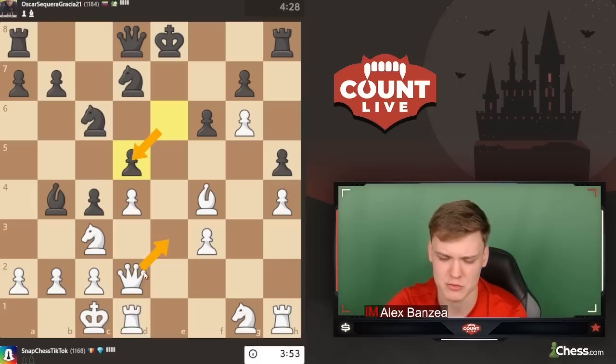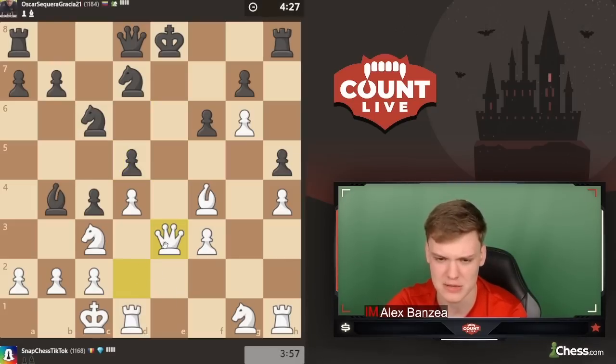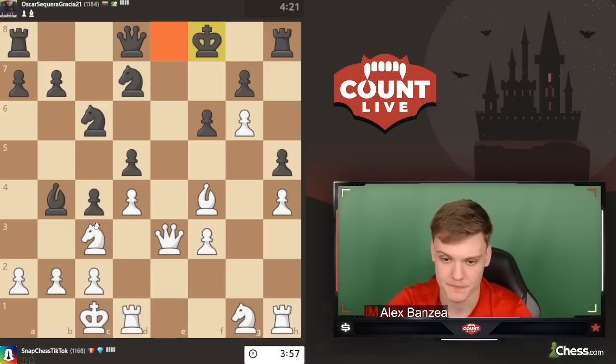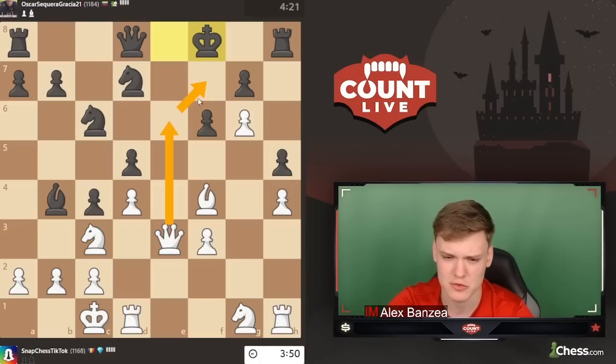But after this, I think queen e3, just unpinning with tempo. We can play knight e7, but we can just take the pawn and use the fact that he's pinned, and I think we're just straight up winning right now. He does play king f8. Queen e6 could be a nice idea, trying to go for the mate, but he still has queen e7 to defend, so